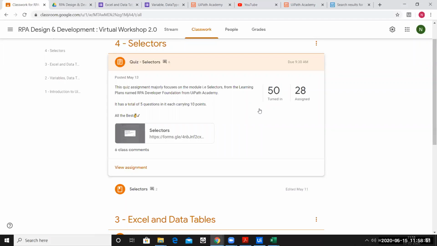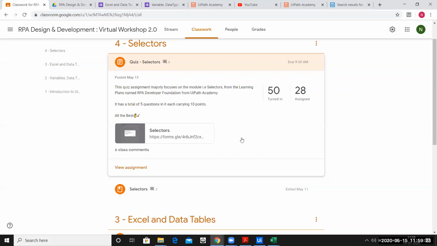If you remember, in the quiz there was also an option to add an attachment. Since the quiz was completely online, there was no need to add an attachment there, so you will only say mark as complete. But when it is a bot building session, you have to attach two documents: one is the UiPath bot code, and the second is the video clipping. Then attach them and mark it as complete. I hope everybody is clear with the Google Classroom.